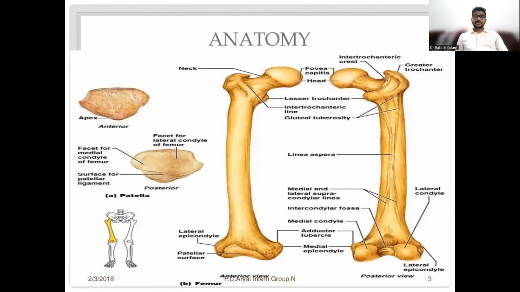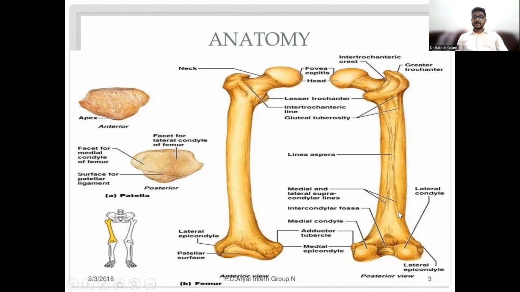This is the image showing the anatomy of the femur bone. The femur comprises of the head, neck, intertrochanteric region, femoral shaft, the distal femoral condylar area, that is lateral and medial condyle, and the articular surface for articulation with patella and the tibia. This is the anterior and this is the posterior aspect showing the linea aspera which has two lips,